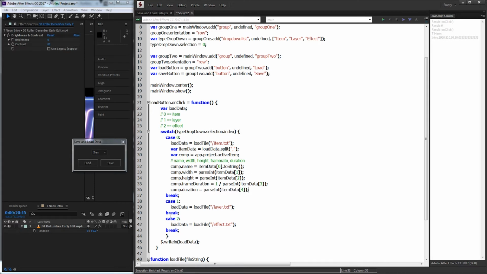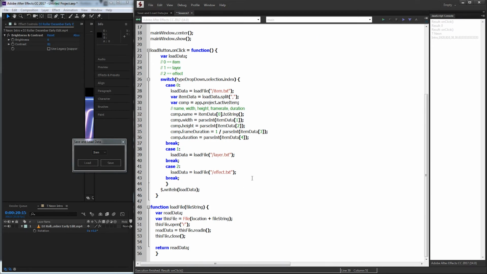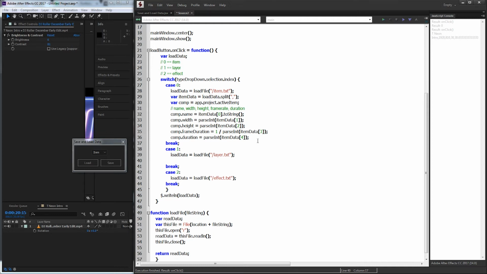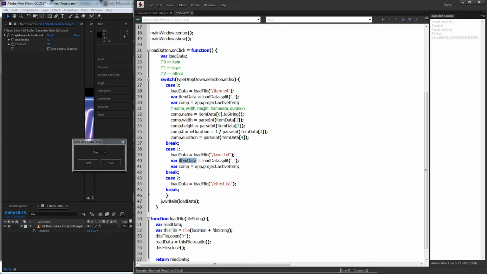Alright, all that's left to do now is add the functionality to case 1 and 2, and then we can go on to adding our save functionality. So for our layer, what we're going to want to do is set up two variables very similar to these two. So I'm just going to copy and paste these. Instead of item data, I'm going to go ahead and say layer data for this variable, and instead of comp, I want to say layer. And this is going to be equal to